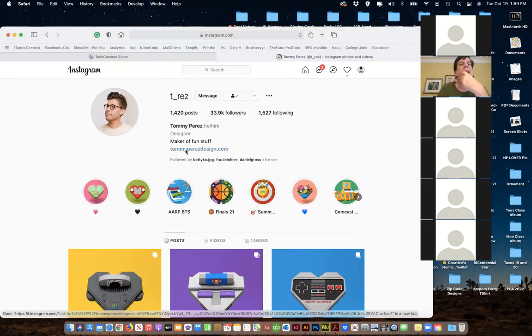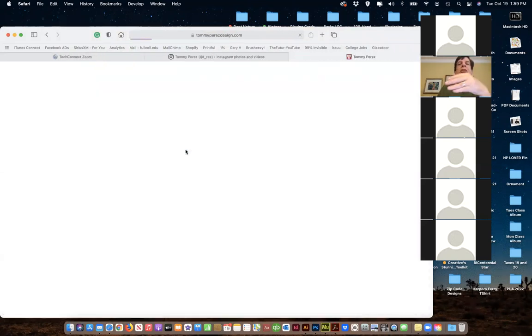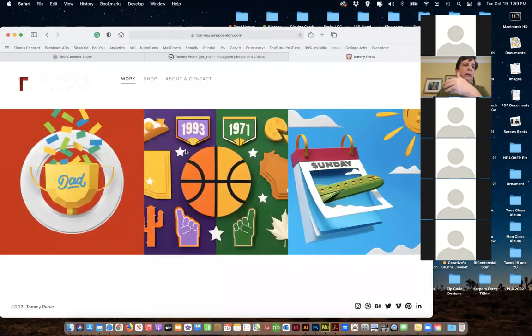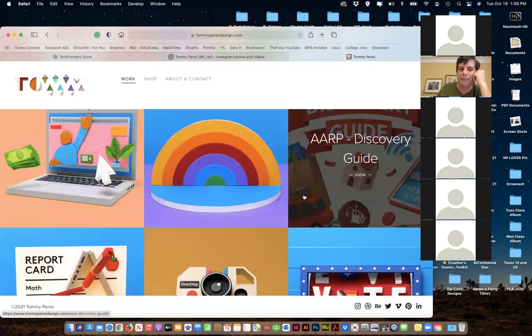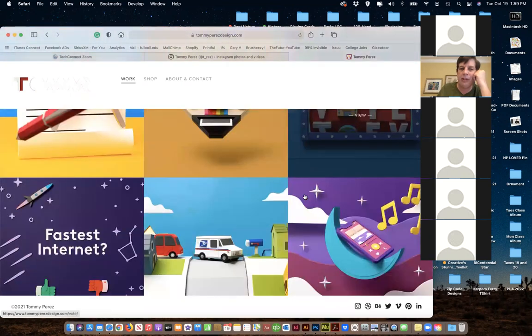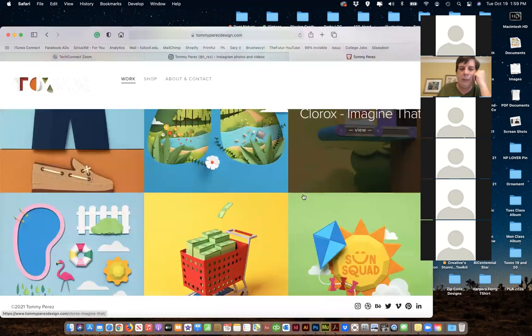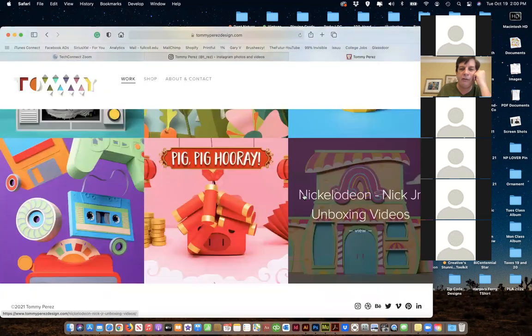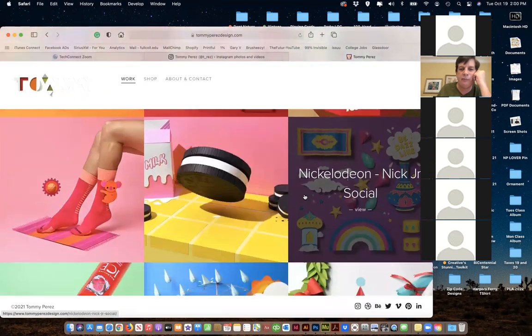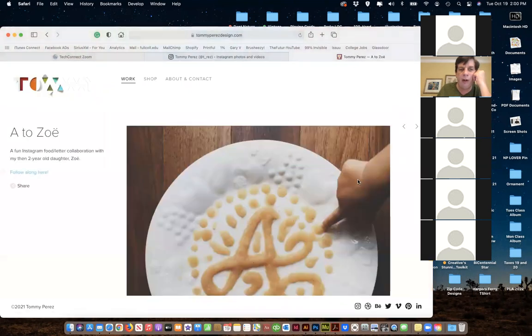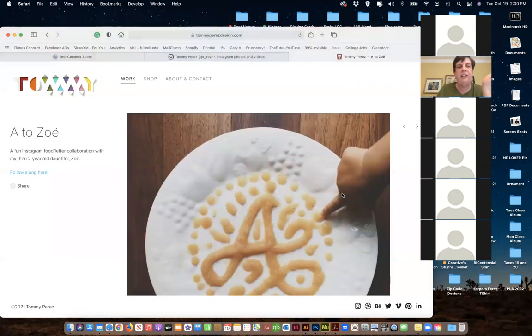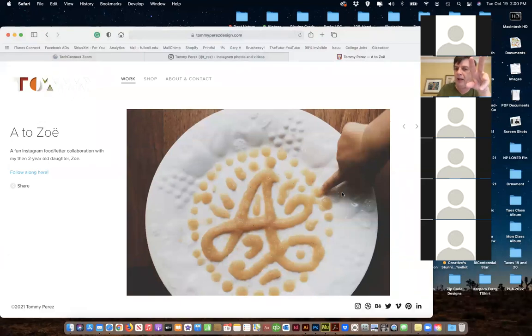And again, how did this work? He started doing this on Instagram as a kind of side thing. He was working and was just trying to be creative. And he started posting these pictures. And what he did, he had this little project called From A to Zoe. His first kid was his daughter Zoe, and they would just take these pictures, and every day he would play with typography,